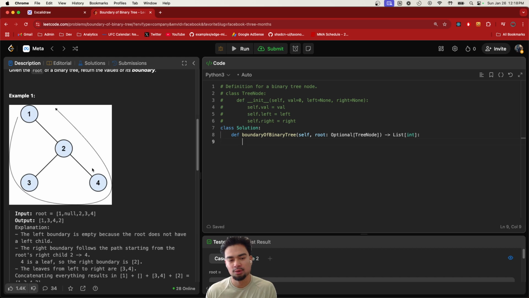Or no, what? Oh no, this might be harder than that, because if we do a level order traversal,